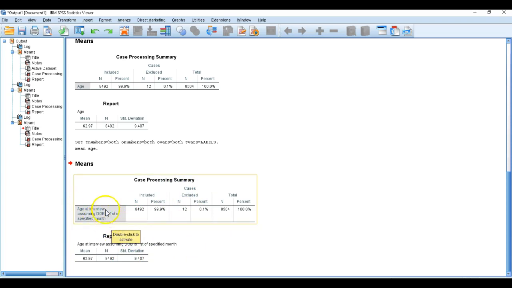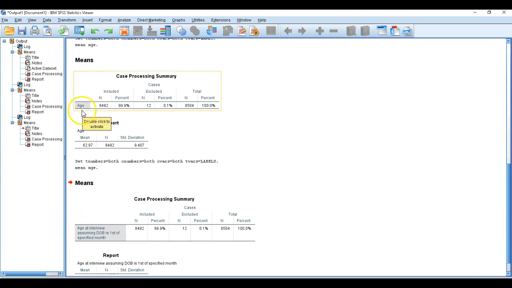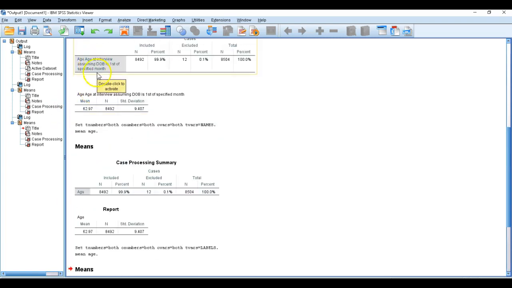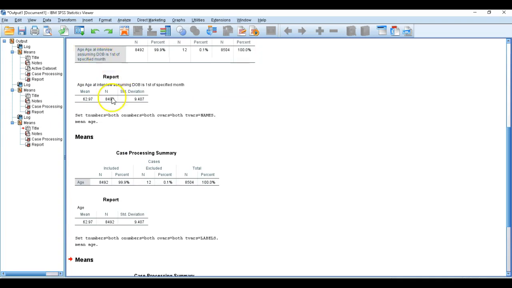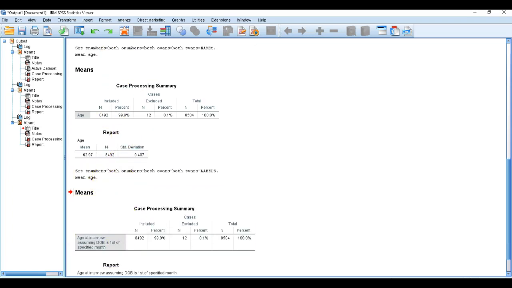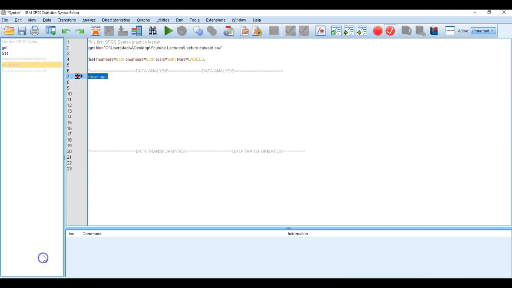The only difference is that now I have only the variable label. In the earlier case, I had only the variable name, but in this case, I have both the variable name and the variable label. So this is